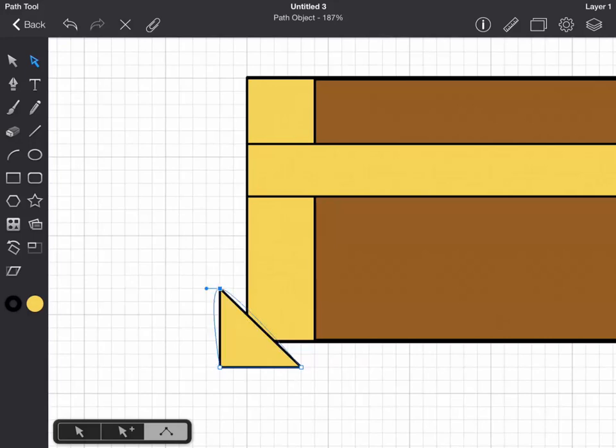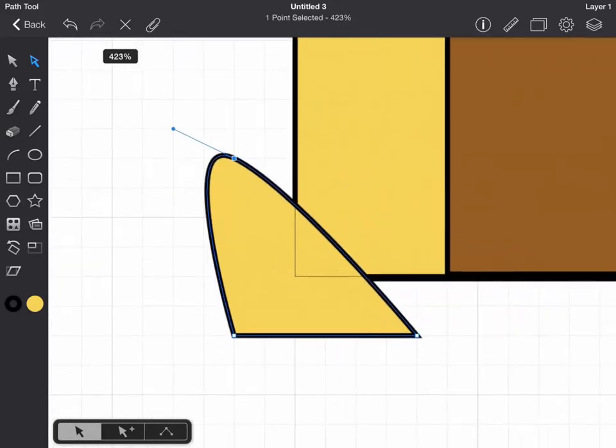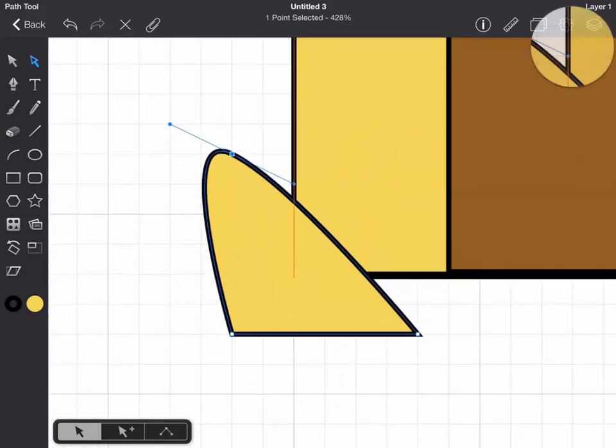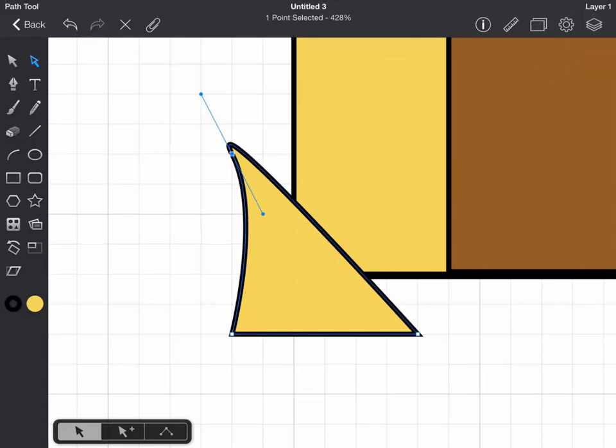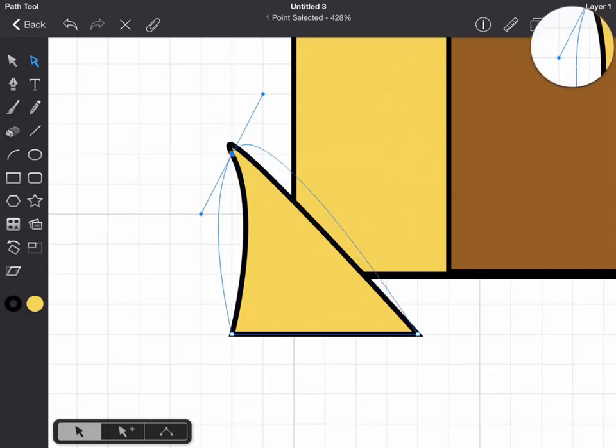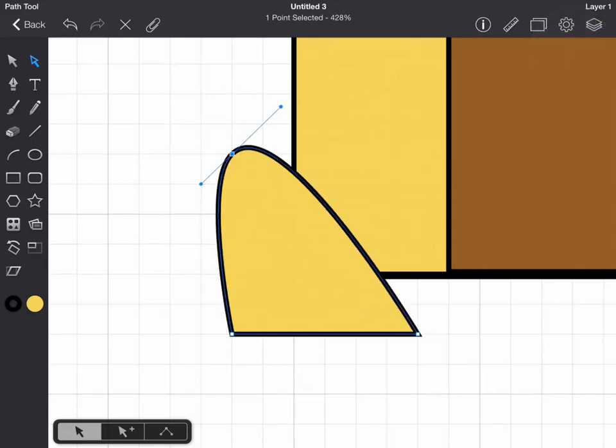So let's go back into being a curve, like so, and then go back into edit mode like this. So now we can modify that. There's the handles here that control how the curve is applied. Snapping is coming into effect. It's normally much smoother than this, but as you can see, you can control the exact angle of your corner